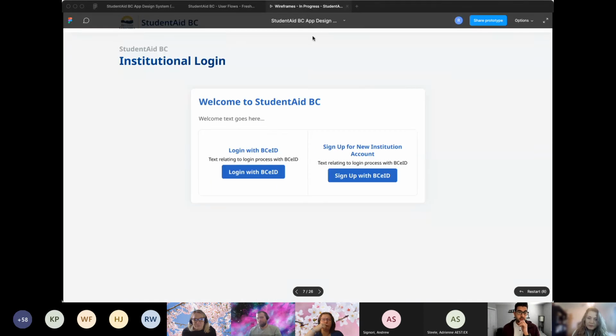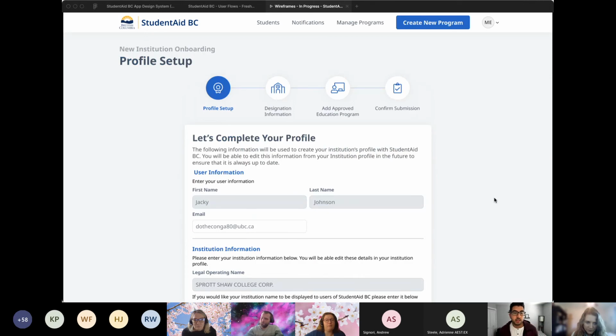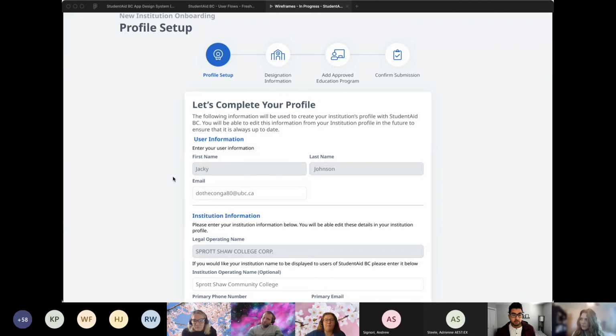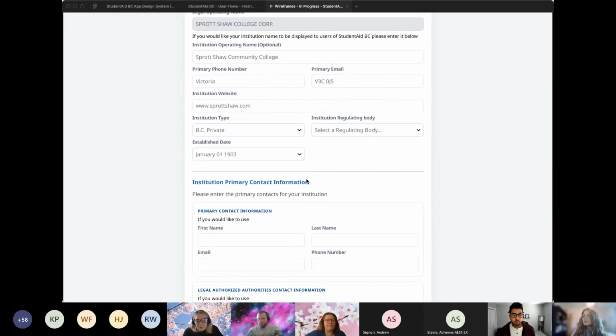So as we mentioned, there's a BCEID login process that institutions will undergo. And the assumption right now with this flow, just so everyone is aware, is the person doing this task has the ability to also administer the institution as well. So to begin, they would either log in or sign up with BCEID, whole other process that I won't get into right now. But once you're in, you begin by creating your own profile, so the information for you as the user who's creating this,